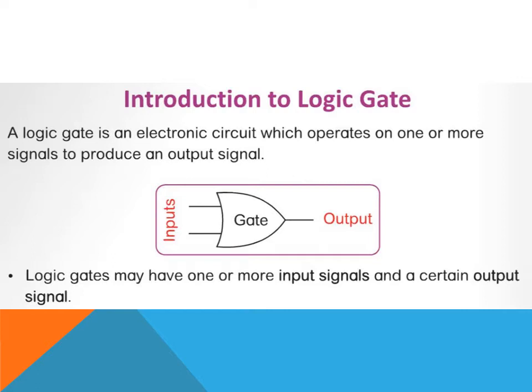Now there might be a confusion, what is a gate and why is it used? See, a lot of gates combined together will make a chip which will help in running an electronic equipment. So to understand what a chip is, what a processor is, what happens within it, we have to understand what a gate is. There are some different types of gates and we are going to discuss that in this chapter.